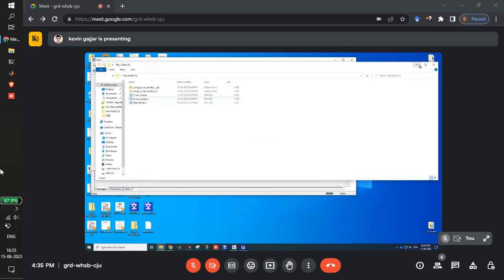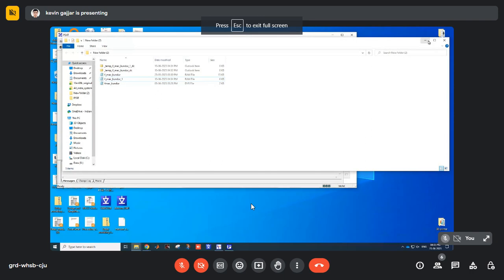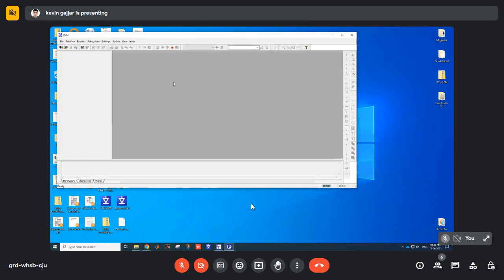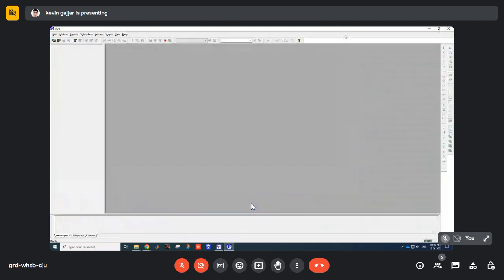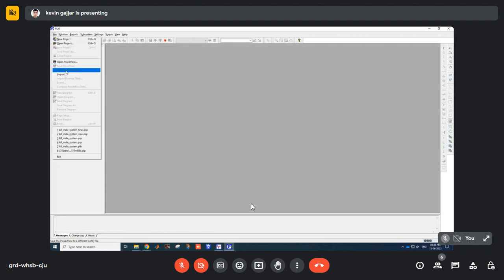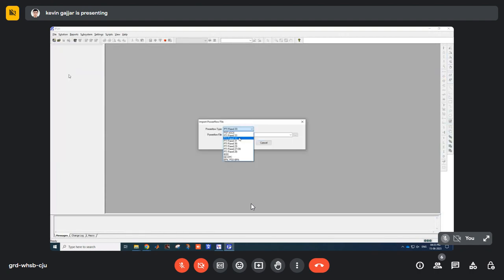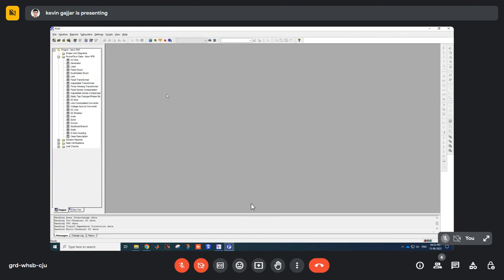Okay, yeah. I forgot to add this raw file of version 33. We have to make sure that we have the appropriate file in the appropriate version. So again, let's start from there. Import, then raw version 33, and this is that file. Import and done. As you can see here in the project tab,